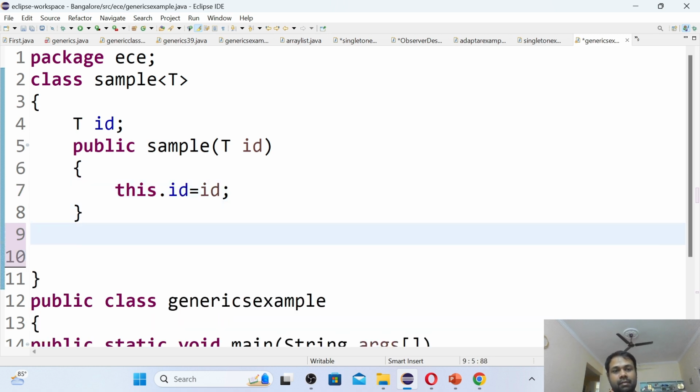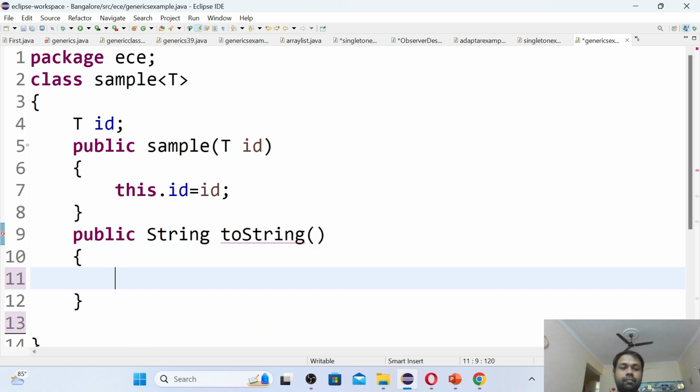One more method I am writing: the toString method. Public String toString, returning only that ID. Return